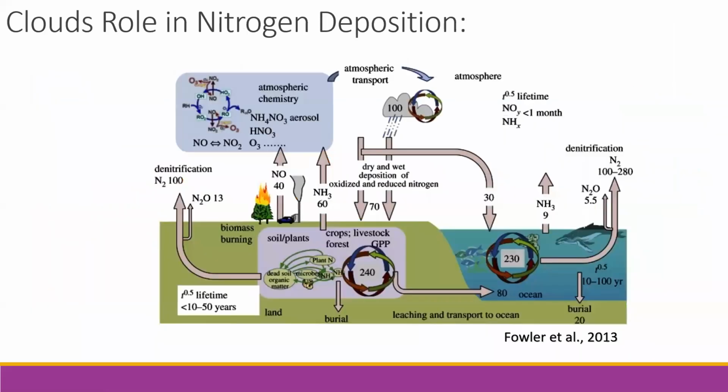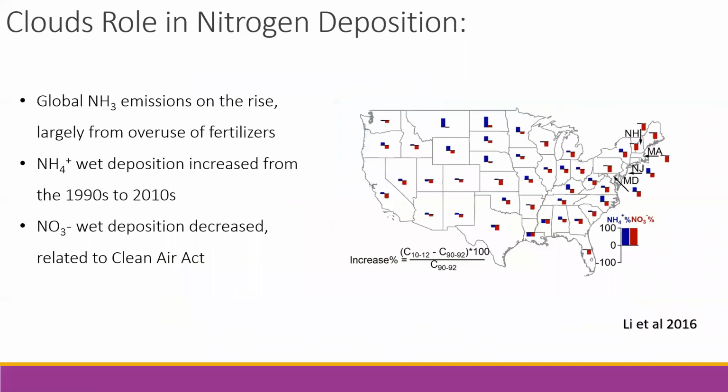So now I want to switch to another topic that's somewhat related to the previous two: nitrogen deposition, more specifically ammonium deposition. This is a complicated but great figure highlighting the complexity of the nitrogen cycle on our planet. You can have sources from biomass burning, from crops and livestock, terrestrial sources and aquatic sources, and it shows some of the complicated processes of processing it in the atmosphere. And this is becoming a growing problem worldwide.